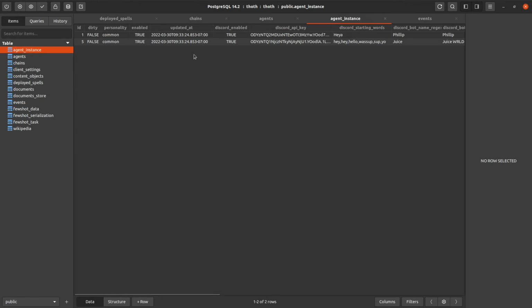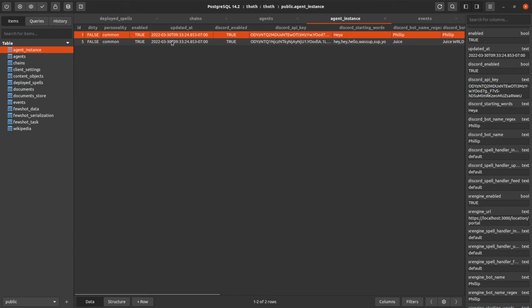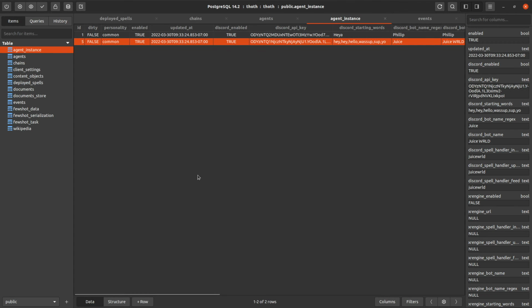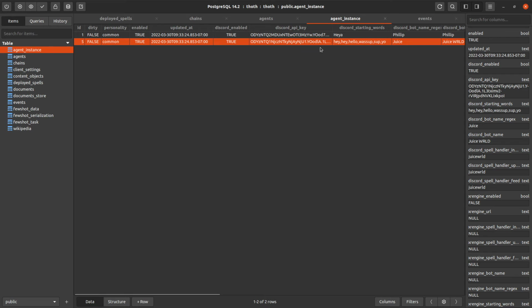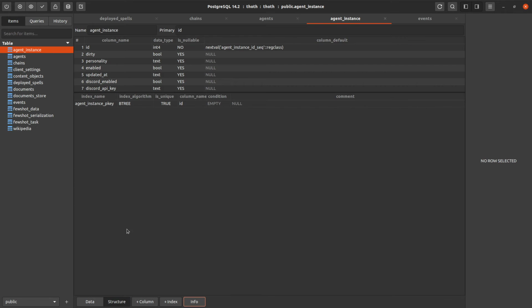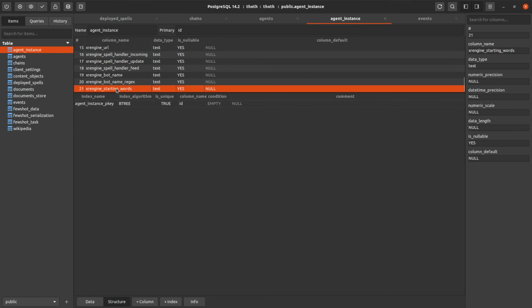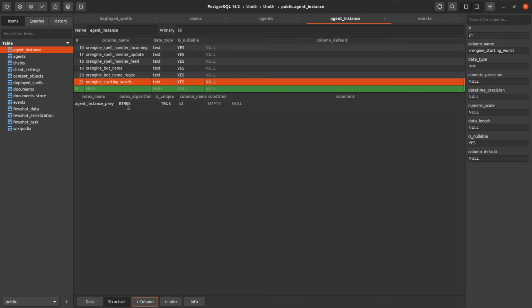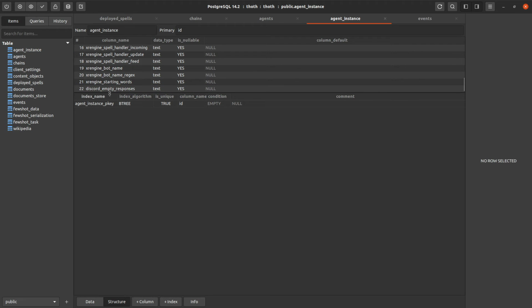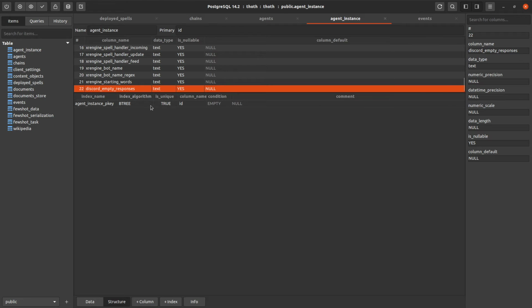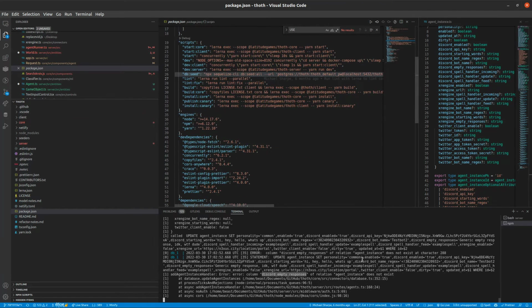So back to the agent instances. We have 2 running right now. We want to make another one. It's going to fail because we are missing this column. So let's just go to our agent instance, look at our structure. I'll just go down to the bottom and add a column. Is nullable? Yes, 22. And we'll just keep that there. Now we have a Discord empty responses. And if I